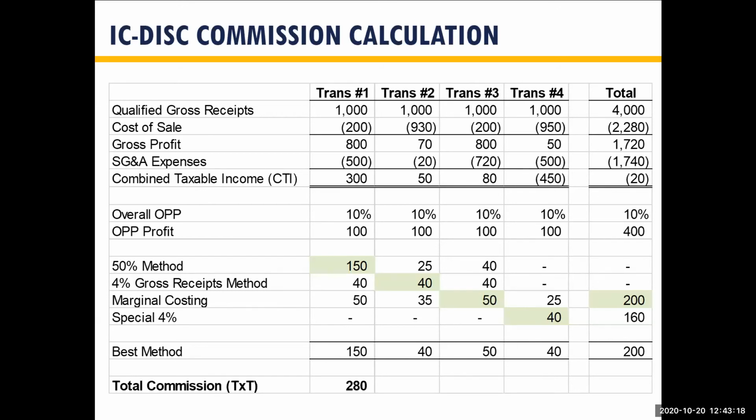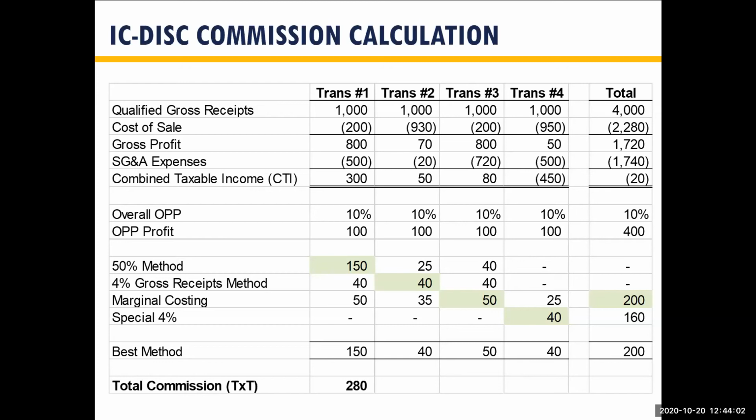So again, our gross profit is $50. $50 is less than our OPP profit of $100. So under the marginal costing method, we have a $25 commission. But now we can bring the special 4% method in. And the special 4% is basically the same as the 4% gross receipts method. However, for this purpose, our CTI is our OPP profit. So we have $40 under the 4% method, 4% times $1,000. But our OPP profit of $100 is greater than our commission, so we can get the full $40 commission under